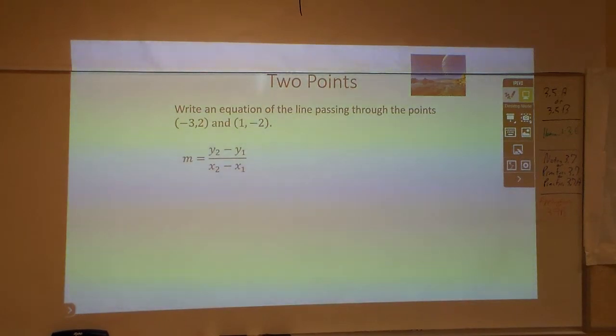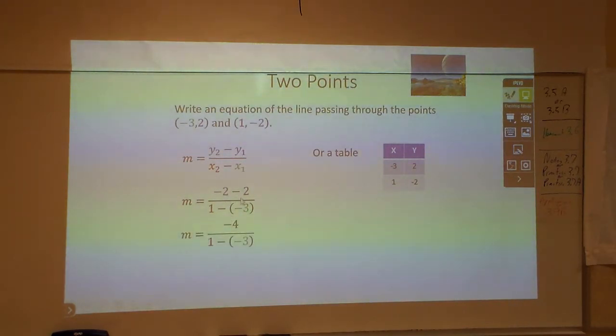Now, I personally like to do the little box method on my Inspire. But if you have a table, I kind of like to do this here. Take your second y value. The second y, that negative 2 right there, is going to go right here. And I'm going to minus that y value right there, the y1 goes right here. And because I started with this x here, it goes in front. I'm going to minus this negative 3, that's why it says minus negative, which means this becomes a plus,